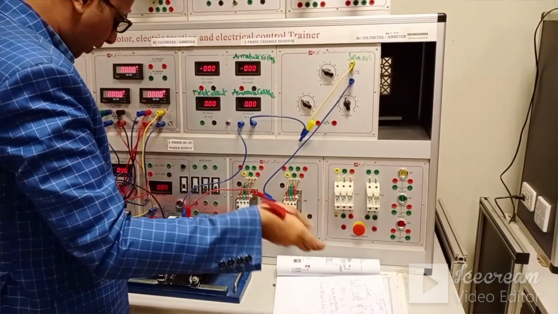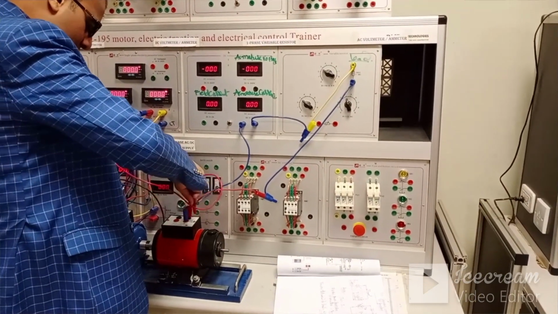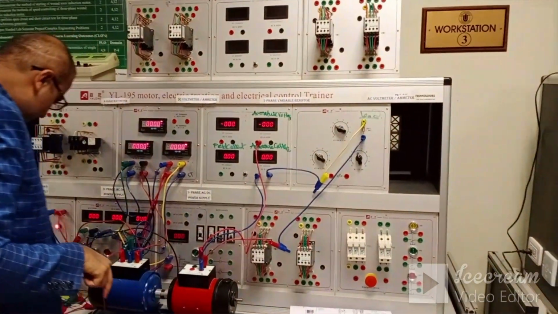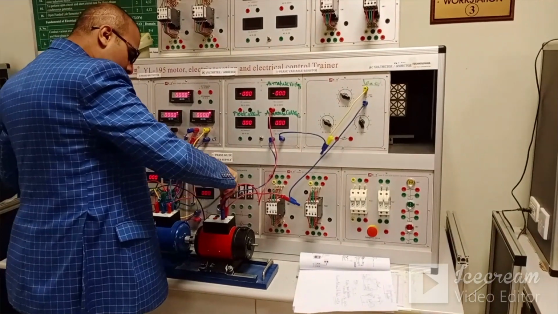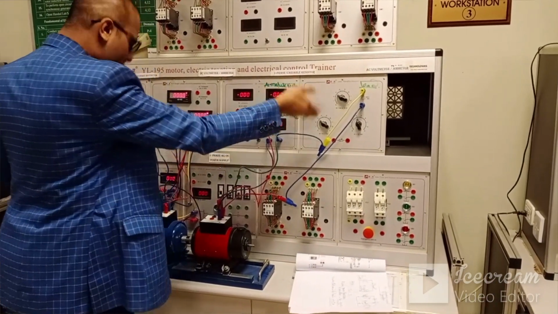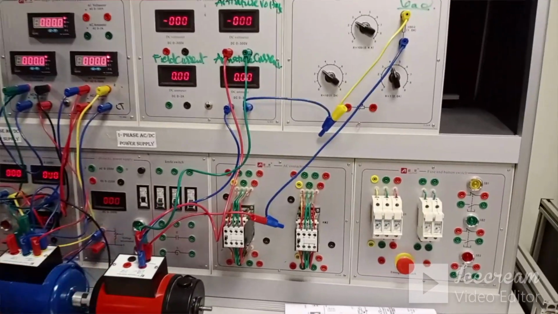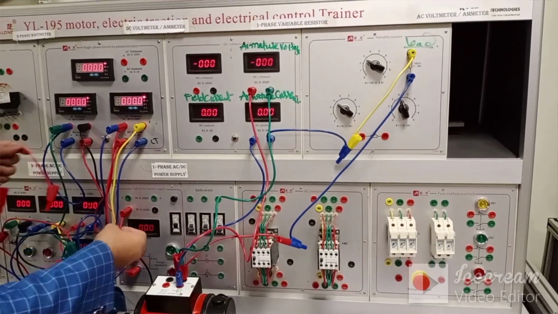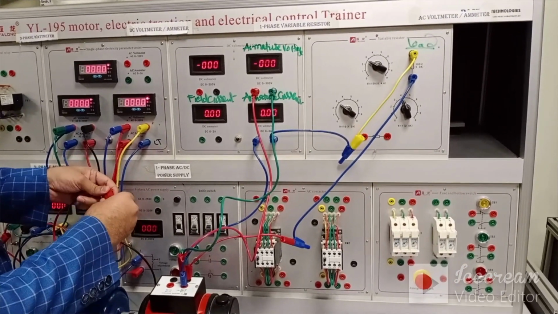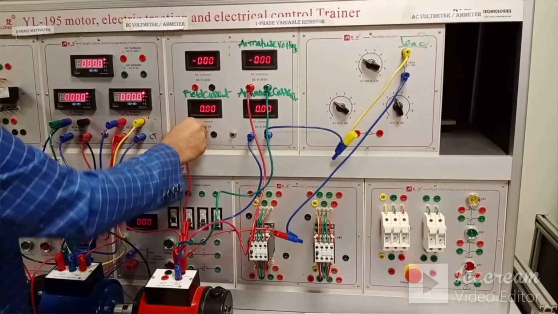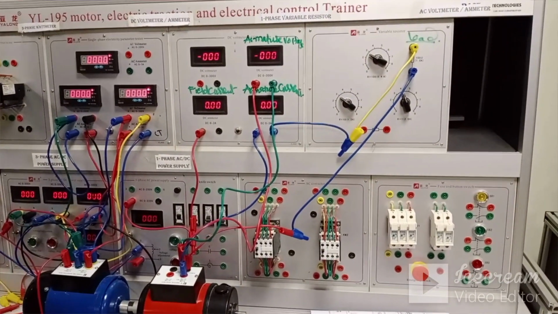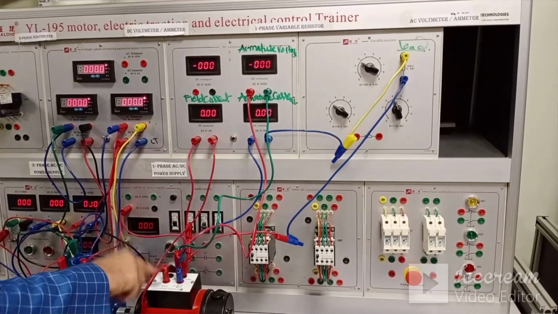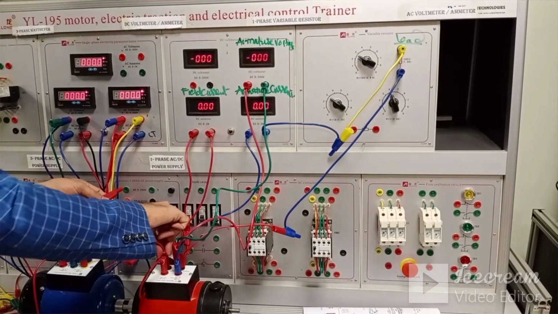Then we have to measure the armature voltage, which is the generated voltage, so connect the voltmeter in parallel across the armature windings. This will give us the armature winding voltage. So the armature connections are done. Now connect the field winding. This is the separately excited DC source, connected in series with this ammeter to give us the reading of the field current, IF, with this field winding, and this will be connected with this.